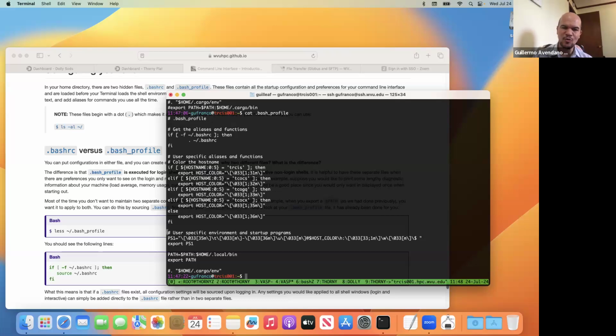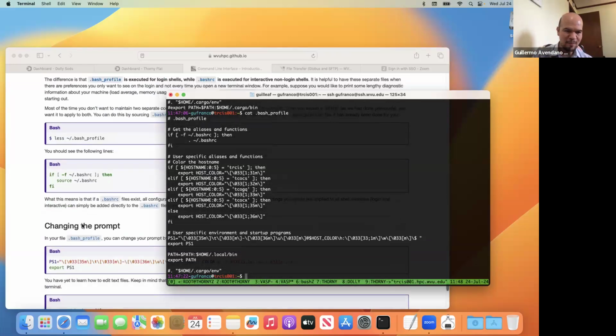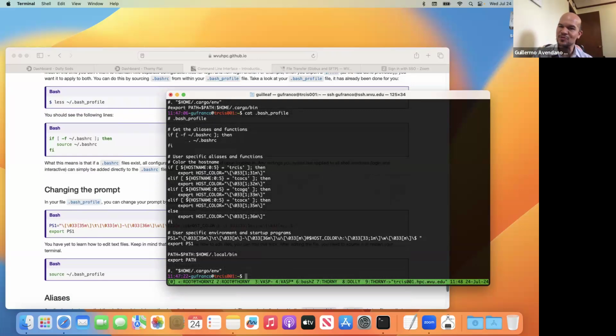Those are variables and files that you can change, and little by little they will start tweaking the behavior of your shell. Here I am also demonstrating how you can change the prompt, or add more paths to a specific environment variable